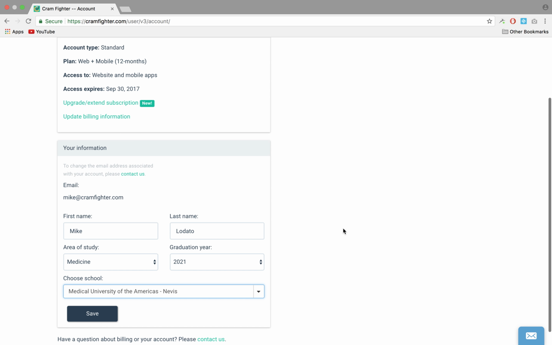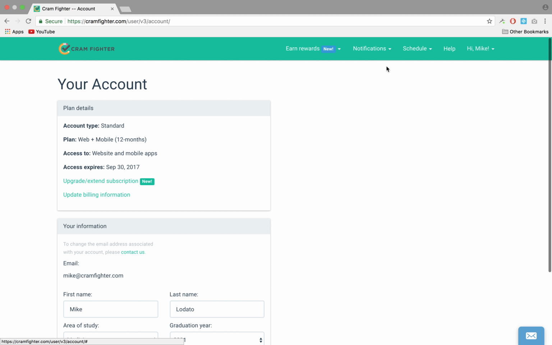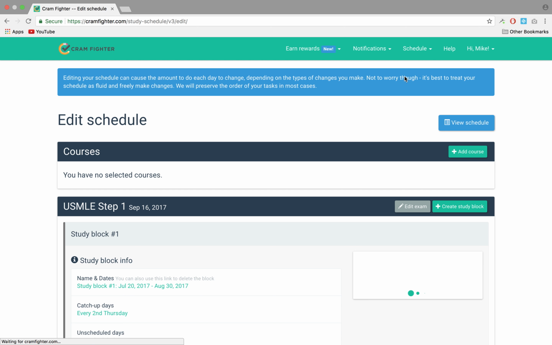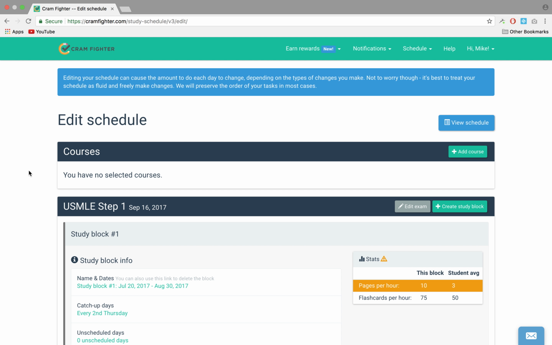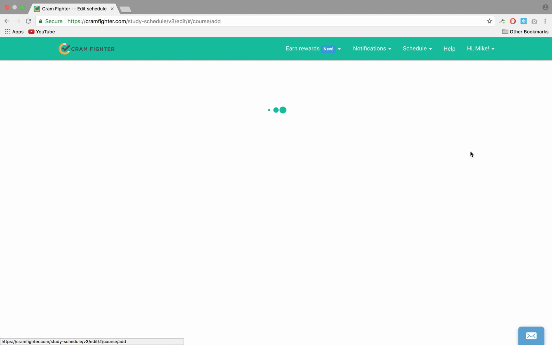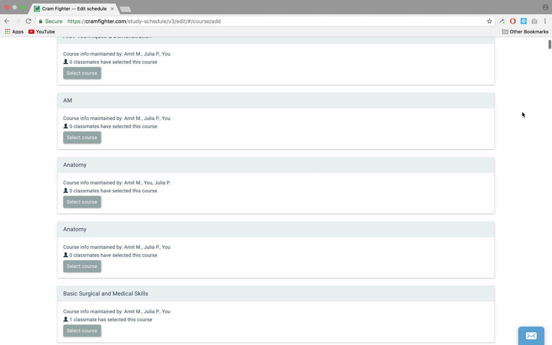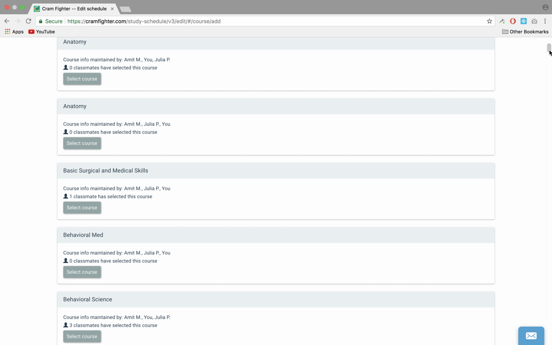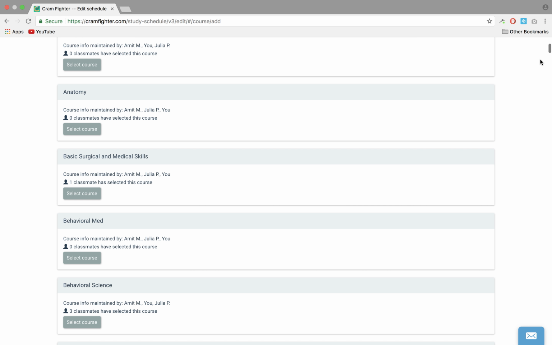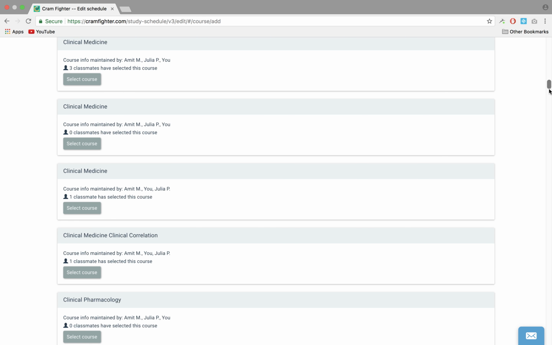Once you have that information input, you can go to the Edit Schedule page, and when that information is already input into your account information, then this bar will appear. You'll be able to see this courses bar. You'll be able to click the button Add Course. And here you'll see a list of courses that we have supported on CramFighter. So you can look for the name of your course here. If you don't see it,